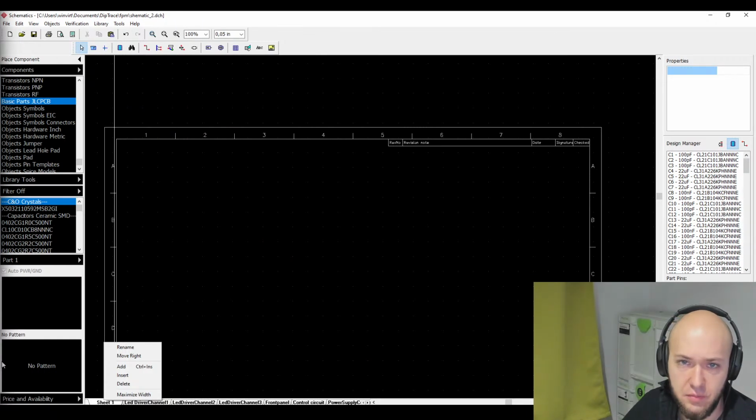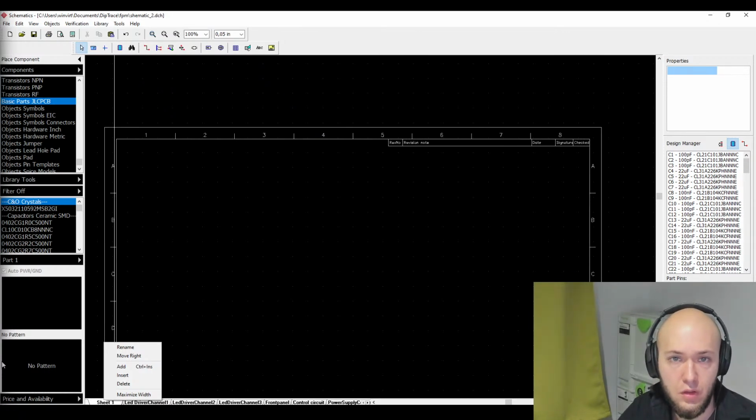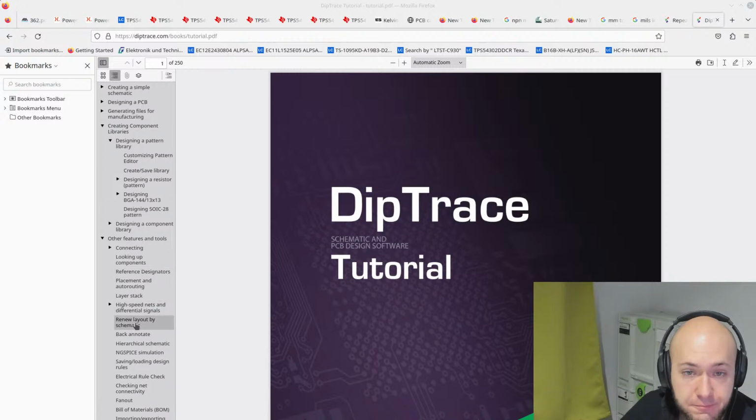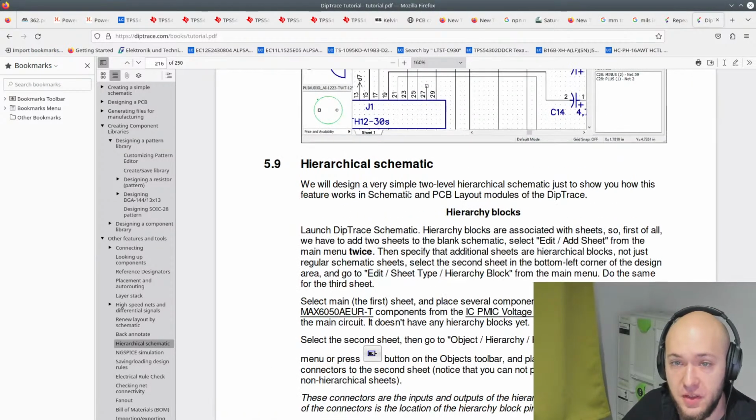DipTrace hierarchy. Let's check it out in the one big DipTrace document, because that's something I've never done before. Let's check that out. Hierarchical schematic, okay. We will design a very simple 2-level here. Sheets are